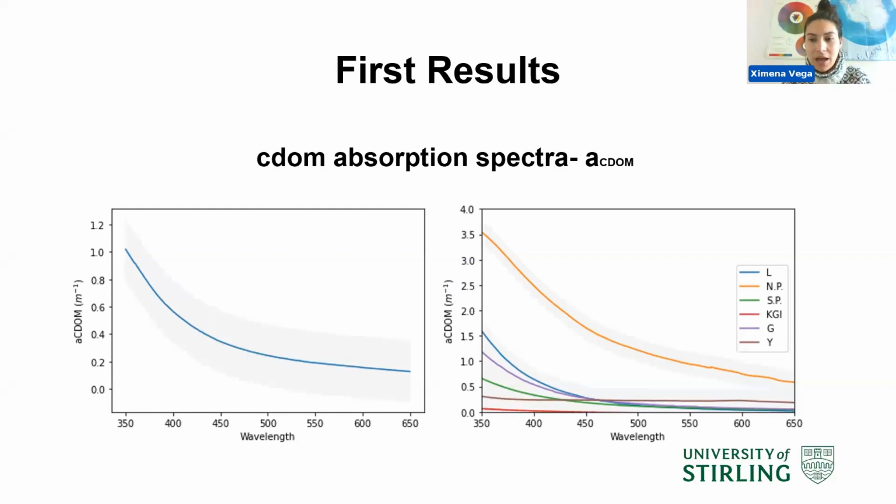What you're looking at on your screen are plots of absorption spectra. And what this means is that depending on the value of the curve is the concentration of this colored organic carbon in the marine system. So for instance, you can see that most of the curves on the right side of your screen are below 1.5. This means that most of them have, on average, the same concentration of